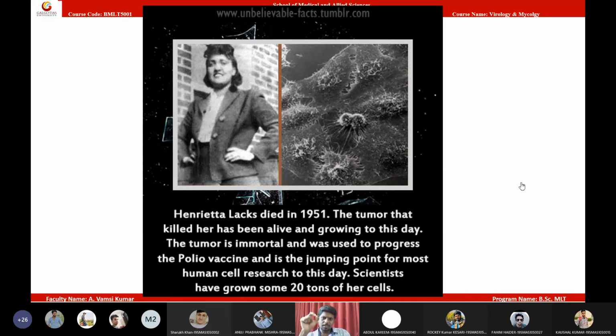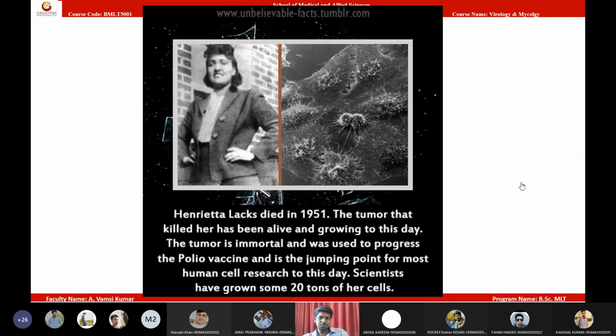So even if you are going for your master's studies, if you want to do any cell line work on viruses, you will do your studies on HeLa cell lines. I bet some of my students will work with HeLa cells in their future course. That much efficient are HeLa cell lines, sir.